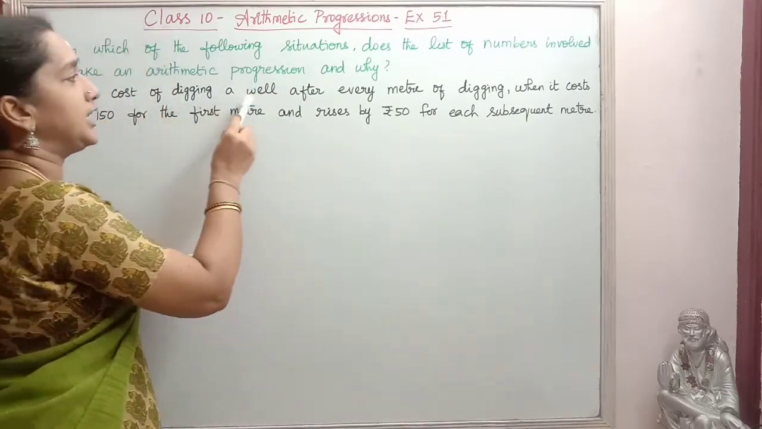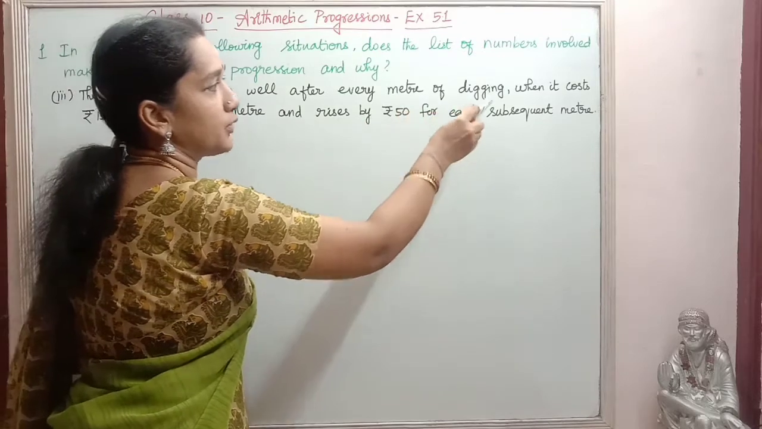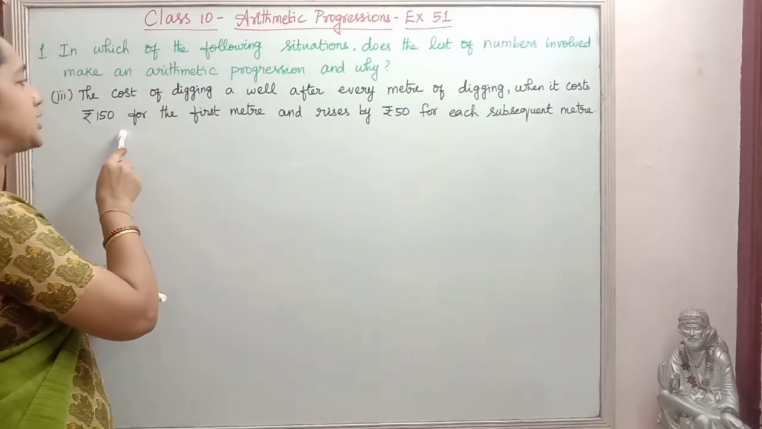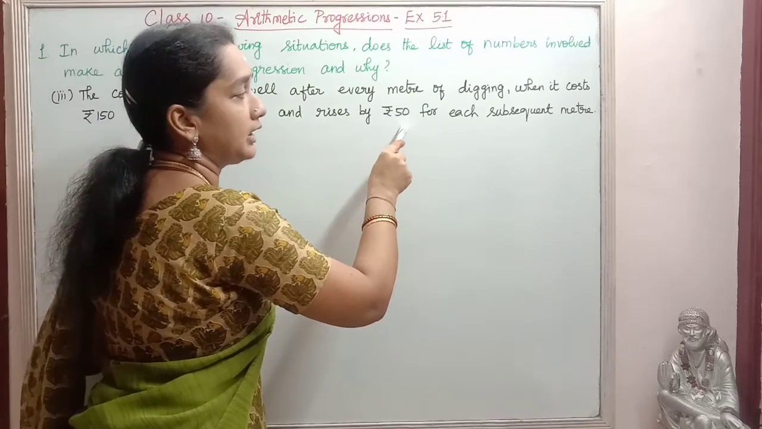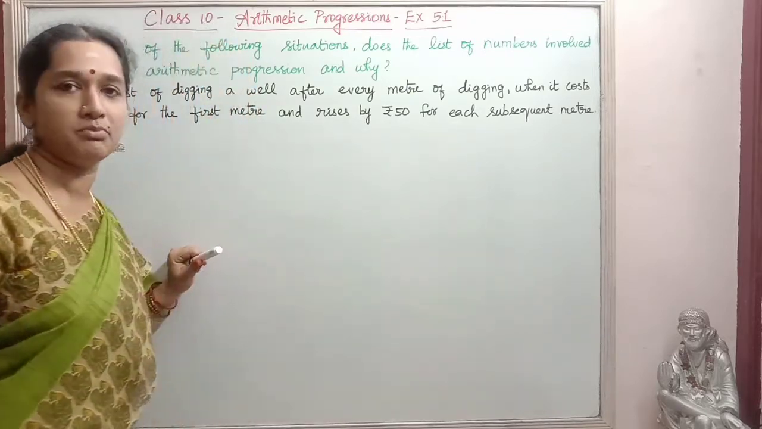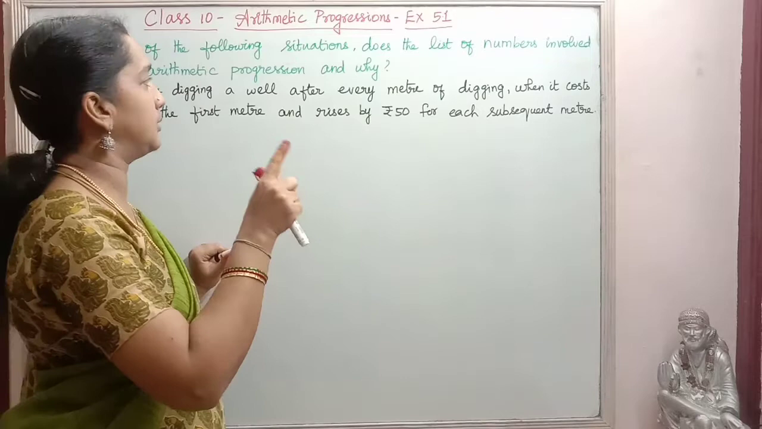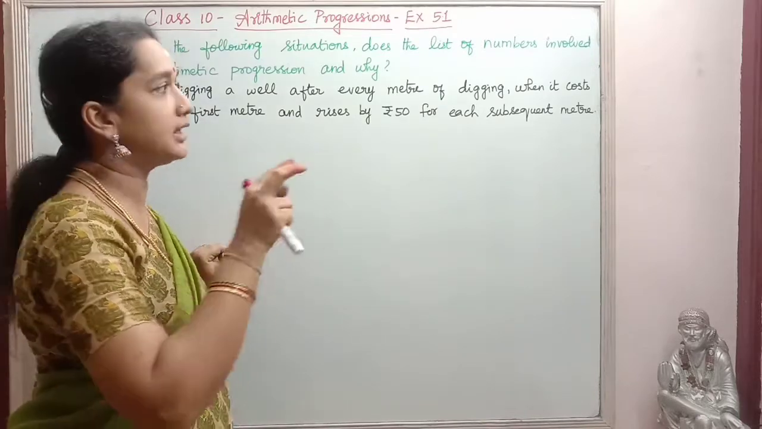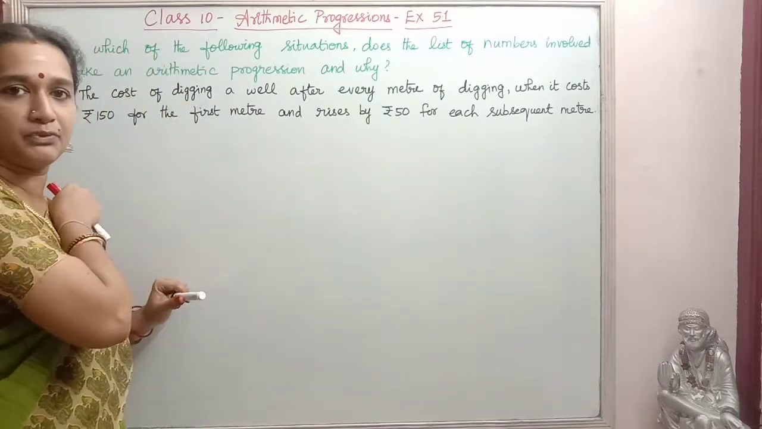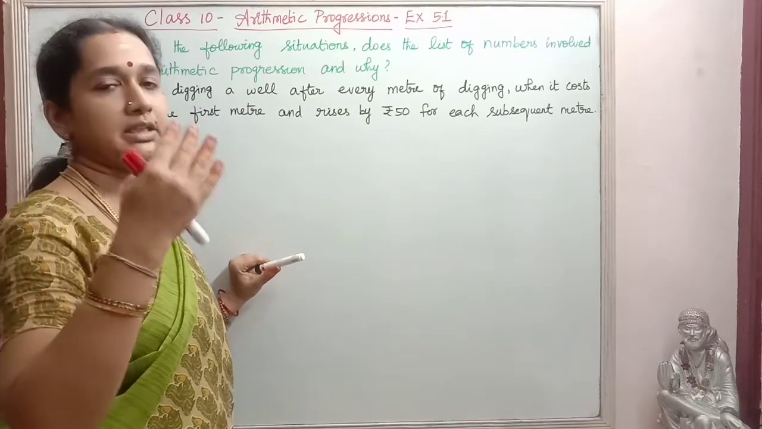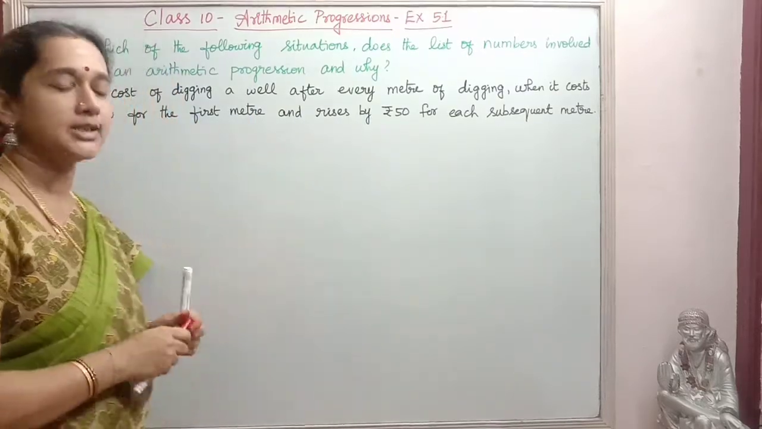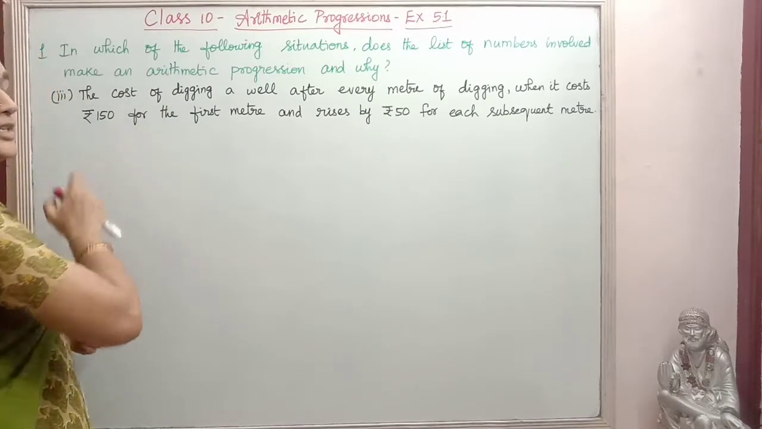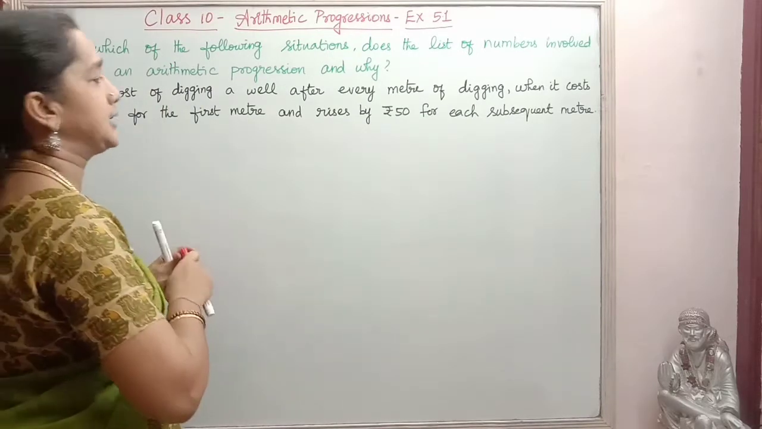The cost of digging a well after every meter of digging, when it costs rupees 150 for the first meter and rises by 50 for each subsequent meter. So for the first meter, the cost of the digging is given as 150 rupees, and for every 1 meter, it increases by 50 rupees. So for the first meter it is given as 150 rupees. So we'll take